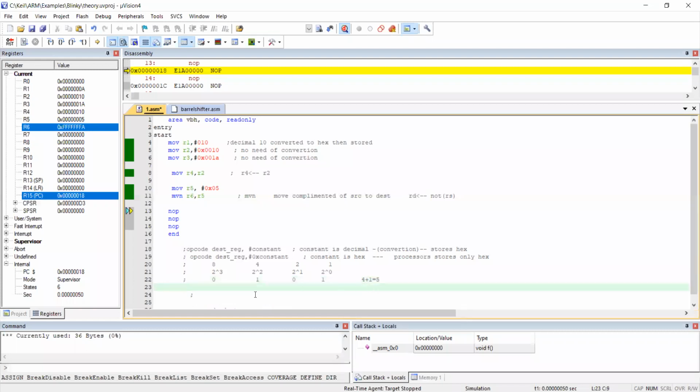So next line. What is the complement of this? Complement of this here. 0 complement, this 0 here. This 0 is 1. What is this now? 1. So what will that be?